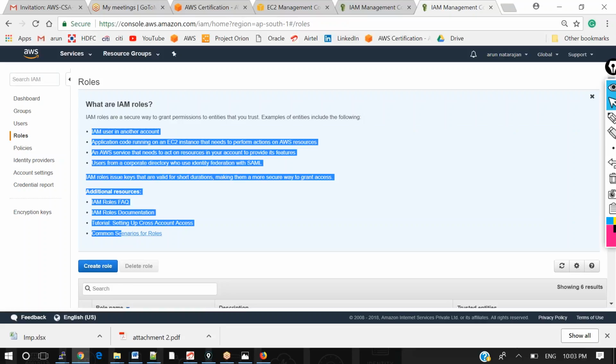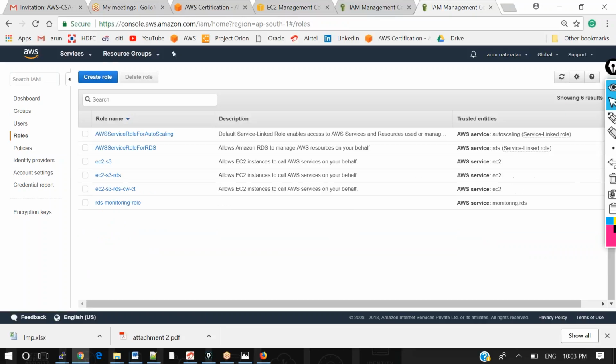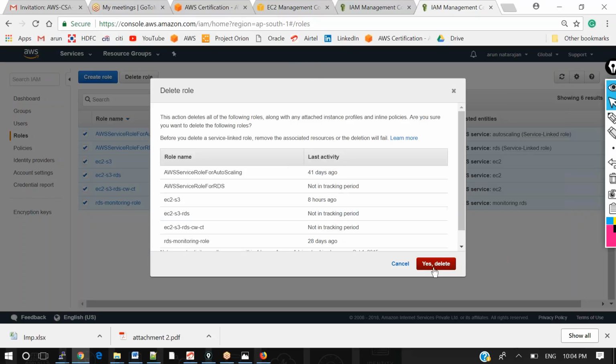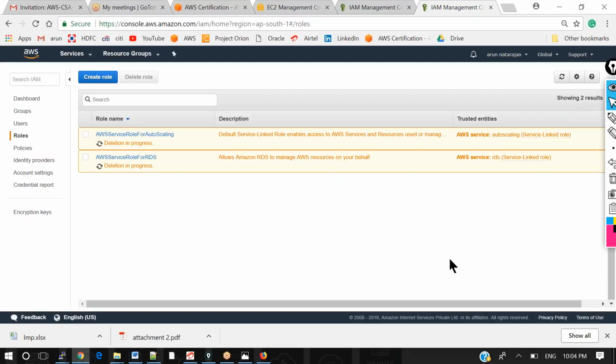If I have anything in there, I am just going to delete it. It means these two roles are in progress for deletion.